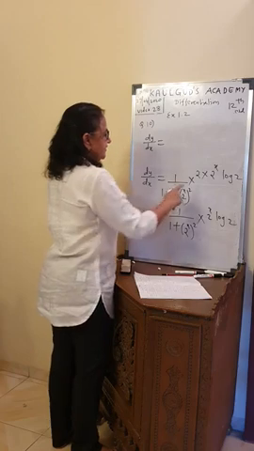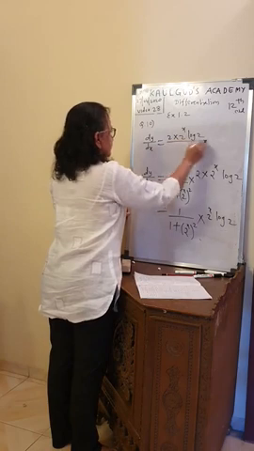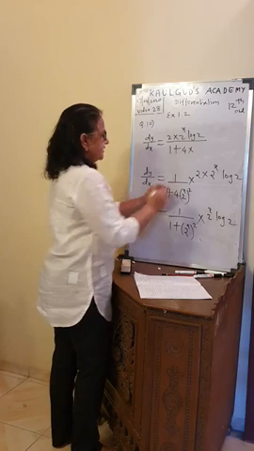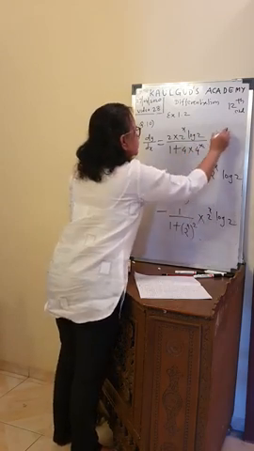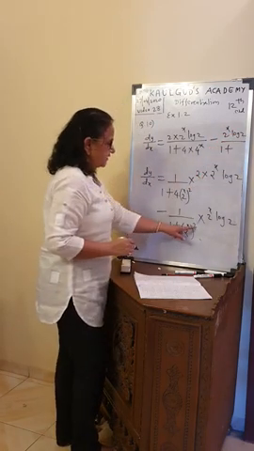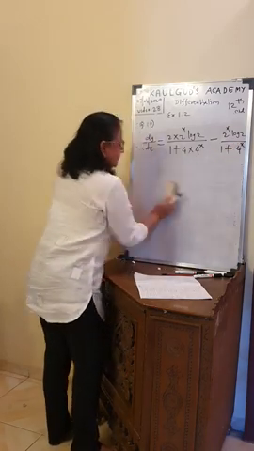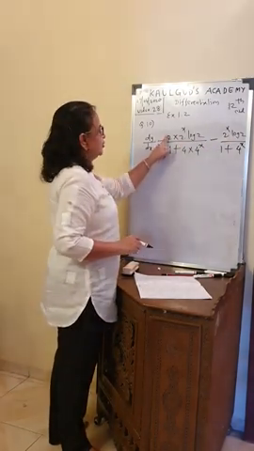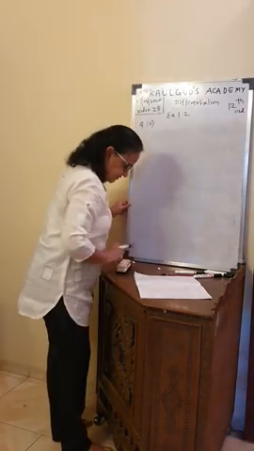What is it? Observe. 2 into 2 raised to x log 2 upon 1 plus 4 into, and I told you 2 raised to x and the square of it is 4 raised to x, minus 1 into 2 raised to x log 2 upon 1 plus again 2 raised to x and the square of it, which is 4 raised to x. Again like before, 2 raised to x log 2, you may keep it common. So 2 upon this minus 1 upon this. That becomes your final answer. So this was number 5.